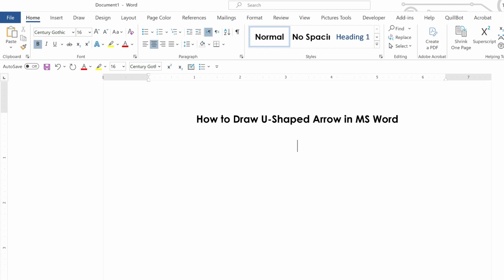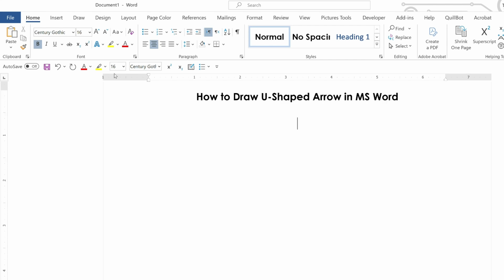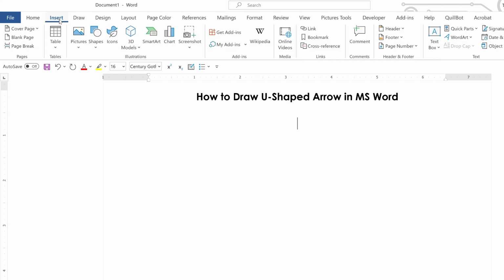Hi everyone, in this video I will show you how to draw a U-shaped arrow in MS Word. This is very simple, very easy. Let's get started. You need to click on the Insert on the top menu bar and you will see that